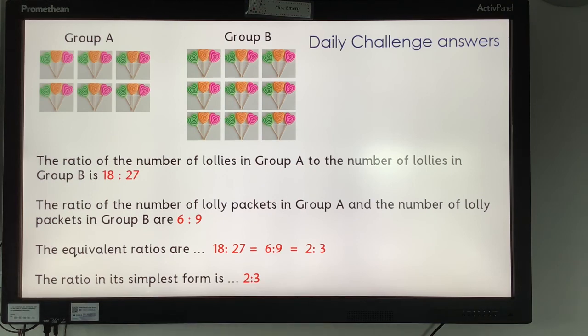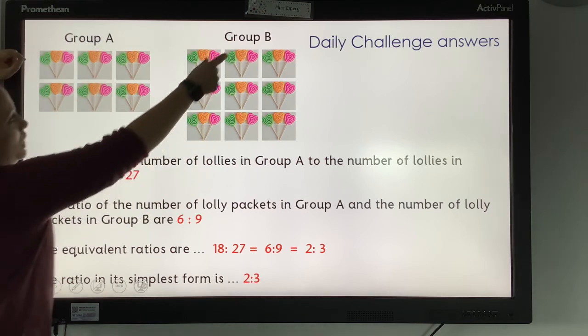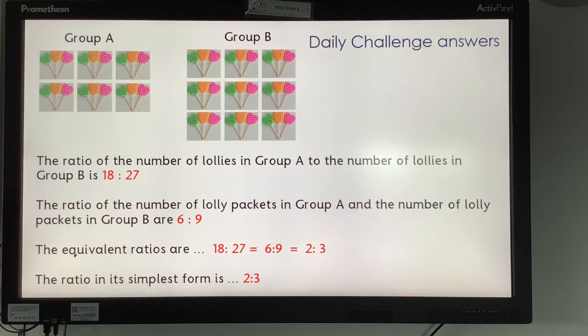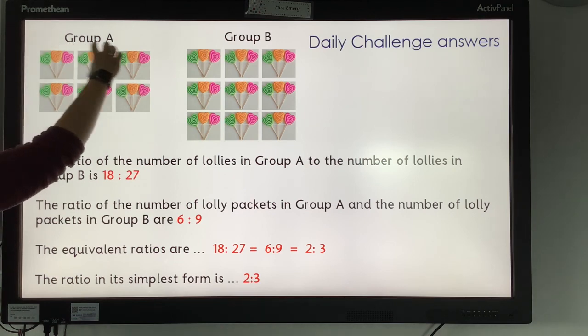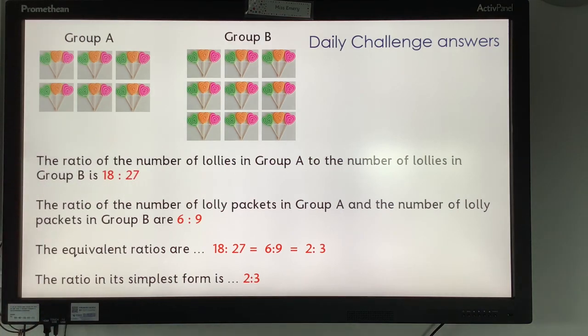You'll notice that both 6 and 9 are in the 3 times table. If you divide both of those by 3, you end up with 2 to 3. So the simplest form of the ratio is not 6 to 9, it's 2 to 3. And if you were to look, you could group 2 with 3, 2 with 3, and 2 with 3. So you could have put them into groups to end up with your 2 to 3. 2 with 3. Or split it into 2 and 3 in a group. So the simplest form of the ratio